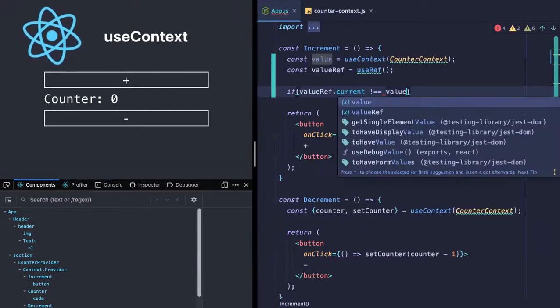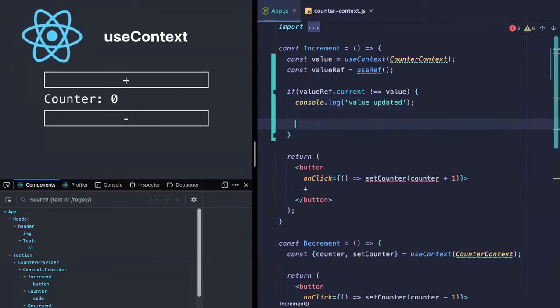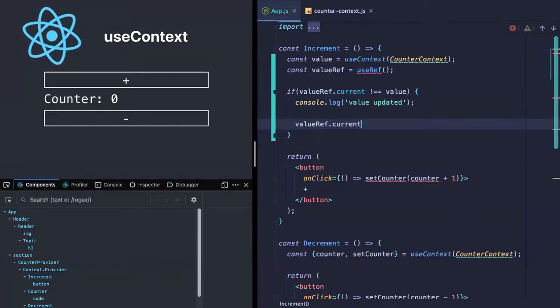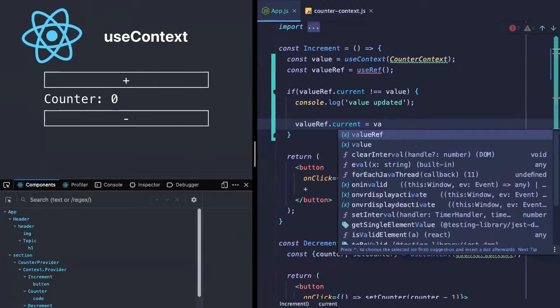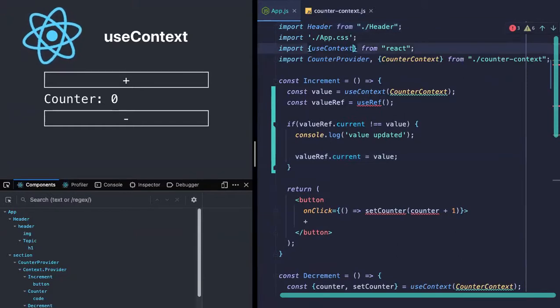That is what this refactor is trying to do. I'll simply log that the value got updated. At the end, we'll set valueRef.current to the current value, so that the next time we check against this particular value. We'll just add an import of useRef.